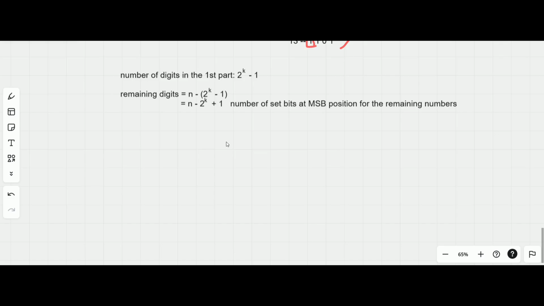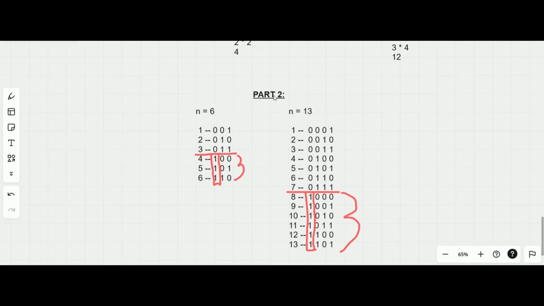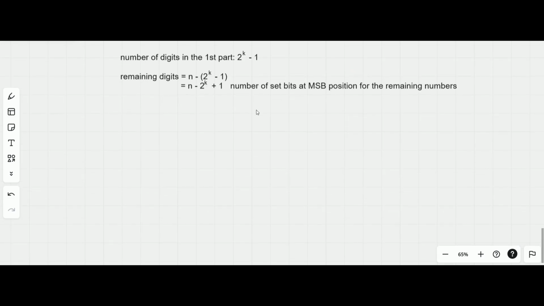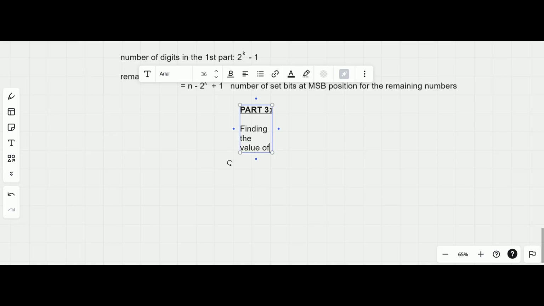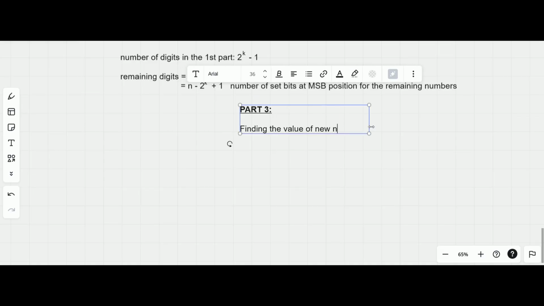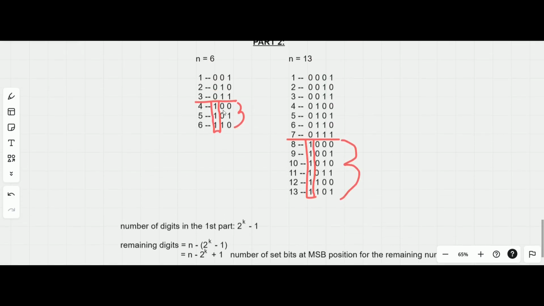So now the part 3, if I can say so, will be finding the value of the new n, right? So what will be the value of new n? So as you can see,